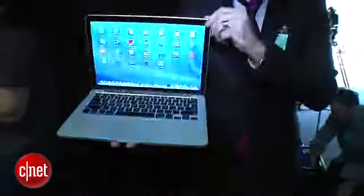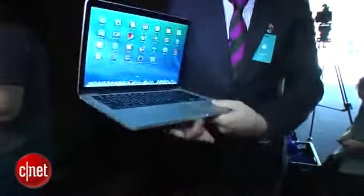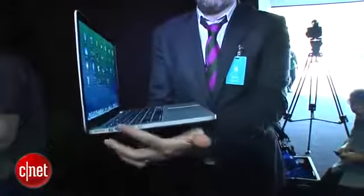And of course, you get marginally better performance. You do get that super high-res screen. You get a bunch of the other updates that we've seen come to both MacBooks and some other laptops this year. 802.11ac. You've got the faster PCIe version of your SSD memory, so that's a little bit quicker. You've got Thunderbolt 2. In the 13-inch version of the MacBook Pro with Retina display, you've got an Intel Core i5 processor. You get 4 gigs of RAM and a 128 gig SSD, and in the 15-inch version they bumped that up to a Core i7 and a 256 gig SSD, which they cheekily describe as a quarter terabyte of